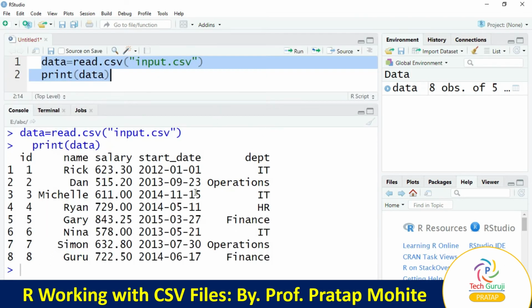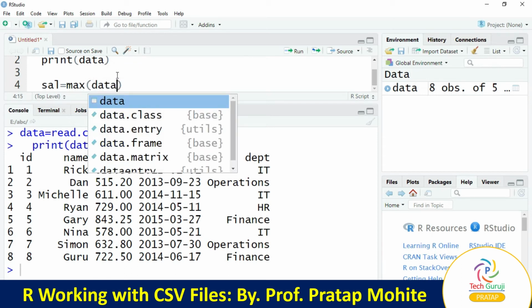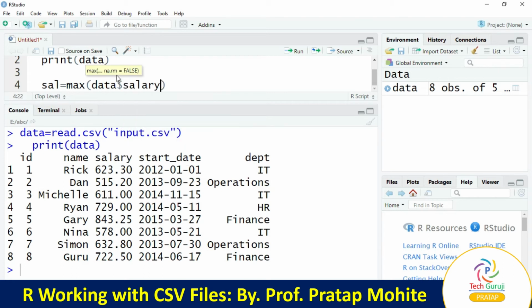Now we have a data frame. First we'll check the salary column. So we'll get more number of salaries. But our aim is we have to find out a salary which is a maximum. So for that we'll take one variable called sal, equal to, we'll use a function called max, from which data frame, the data frame name is data, we'll use a dollar sign, and which column we want, the salary column.